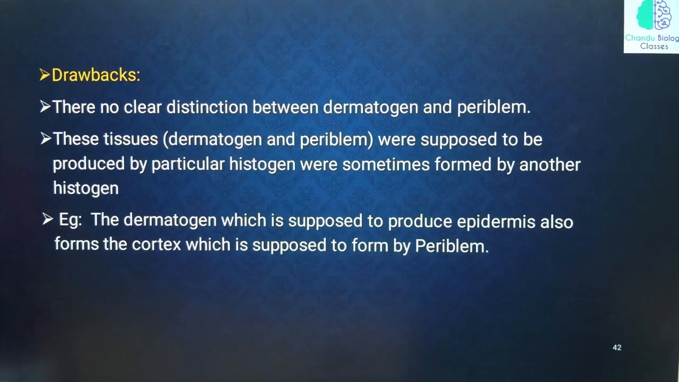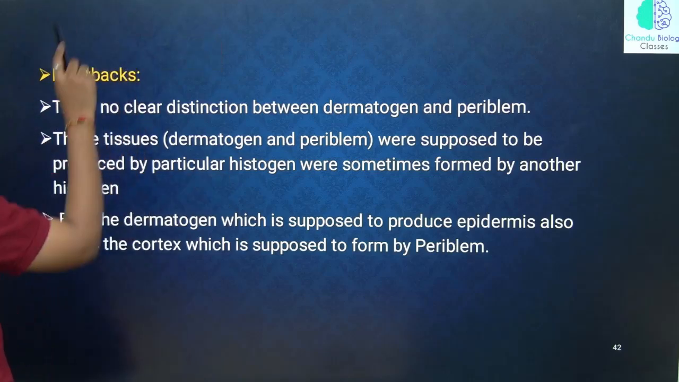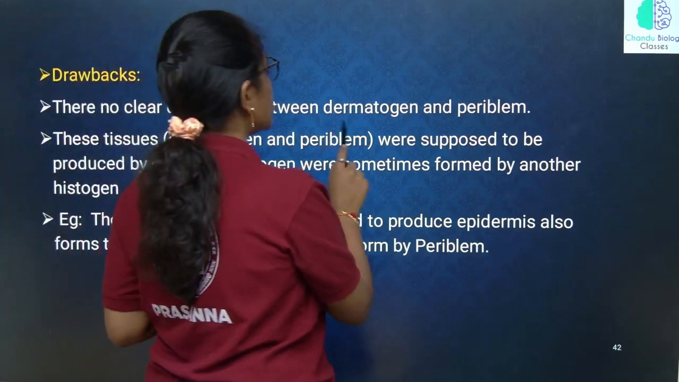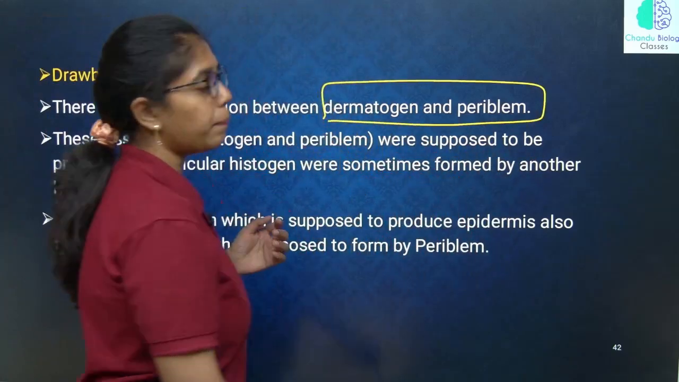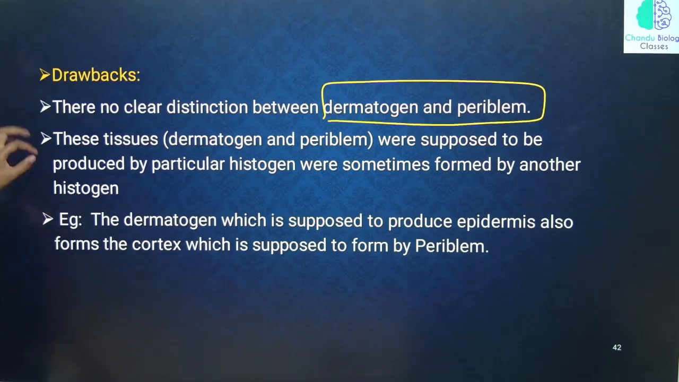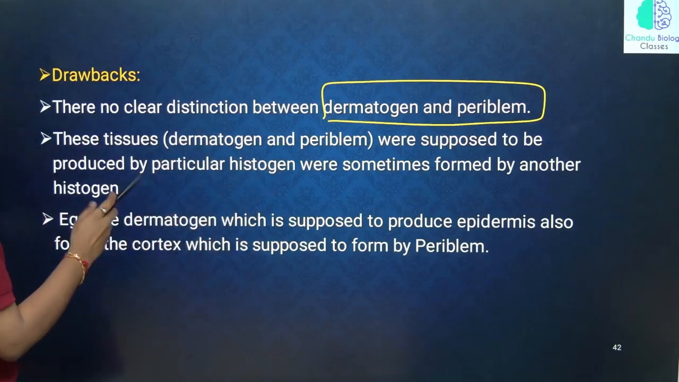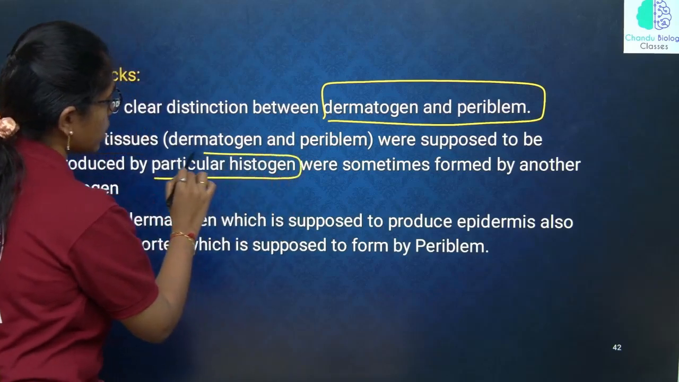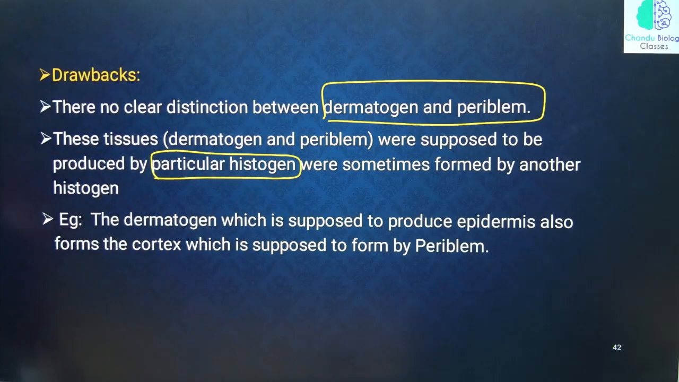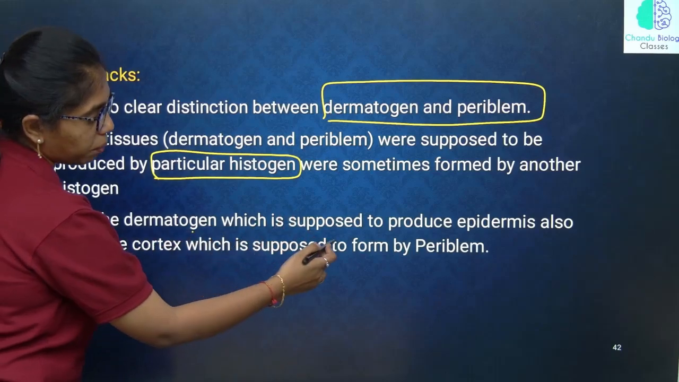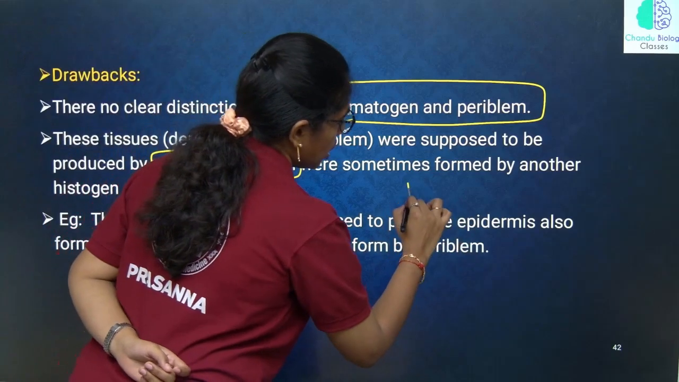The major drawback of this is that there is no clear distinction between dermatogen and periblem, which are the 2 inner layers. These tissues, dermatogen and periblem, are supposed to be produced by a particular histogen, but were sometimes formed by another histogen, which means that the dermatogen